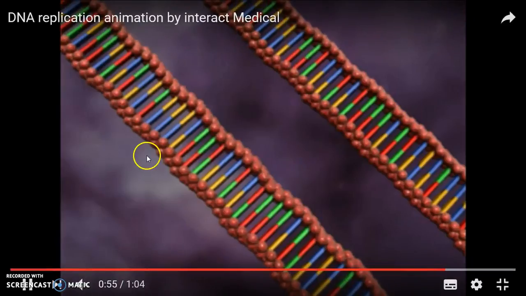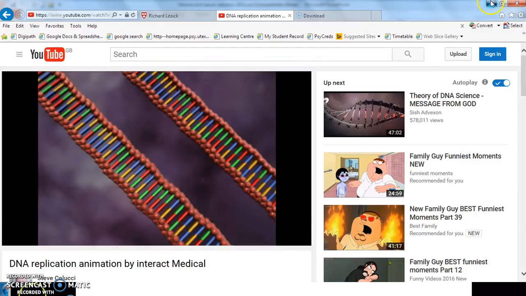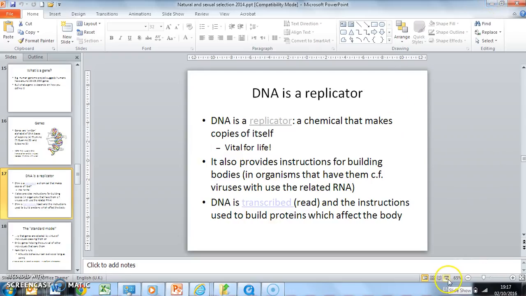It's all about replication. So if I now try and exit full screen and get back to where I want to be without messing everything up,